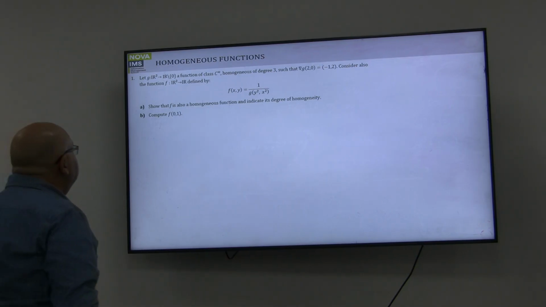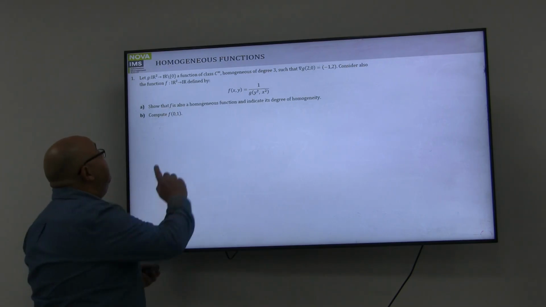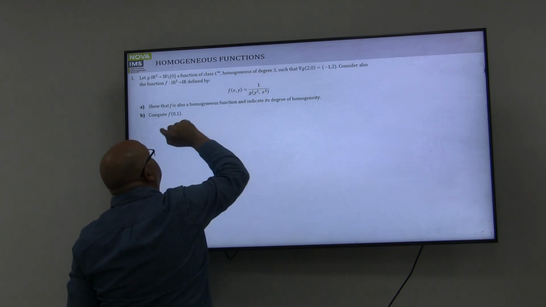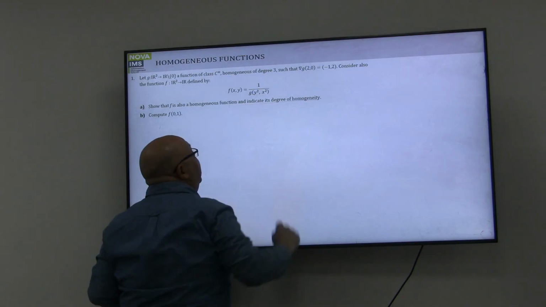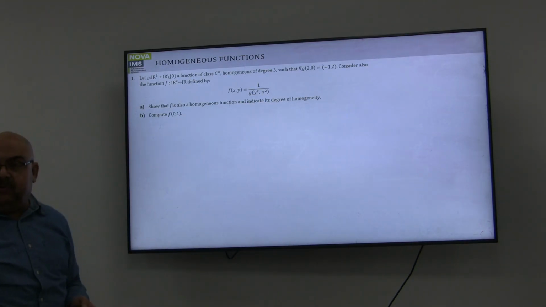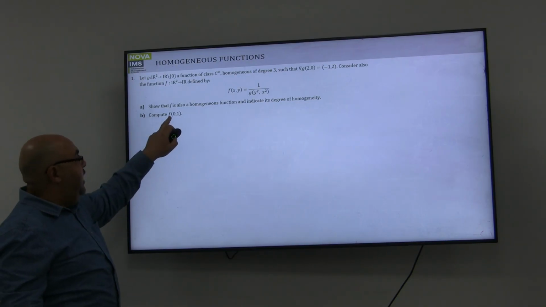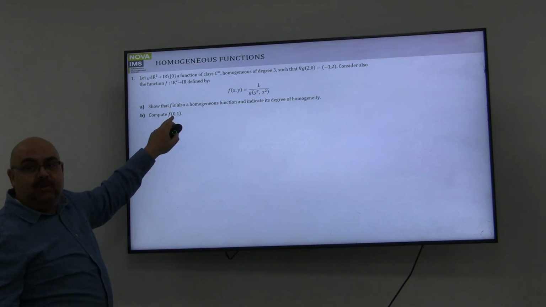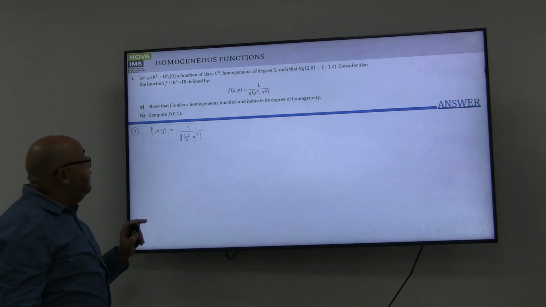Okay, go on. Show that f is also homogeneous. So he gave me that G is homogeneous of degree 3. He wants you to see if f is homogeneous and indicate the degree of homogeneity, which is a little bit simple. Then he wants you to compute the value of f at 0 and 1. Let's do it together. This is really a very nice problem. So the first step,